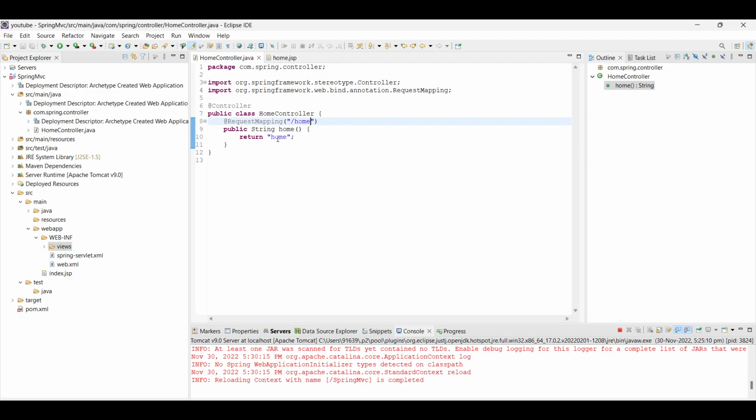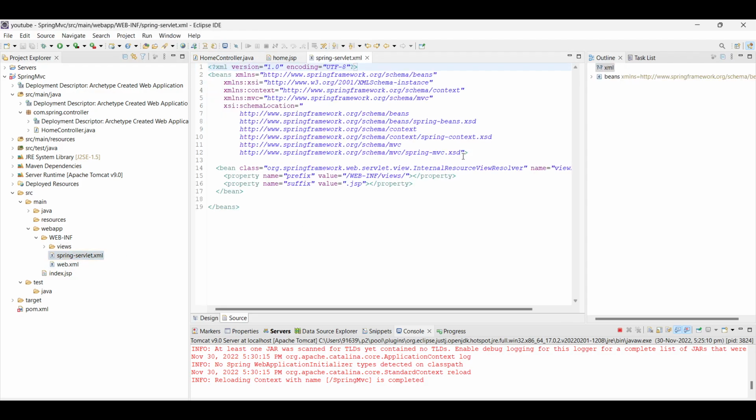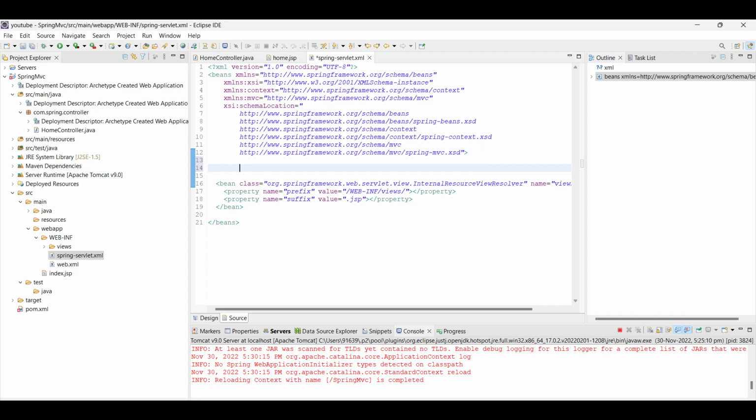When you make a controller, you also need to remind our configuration. This is the home URL, and you can also configure our controller. So here you can get all the controllers. Simply copy the com.spring controller and go to the spring servlet, where we need to configure